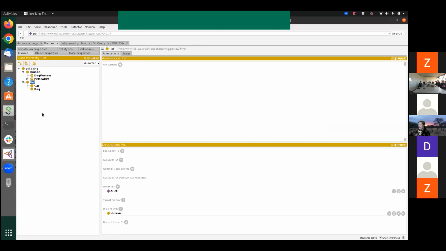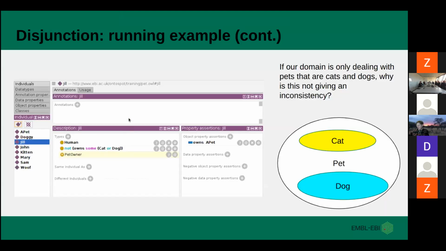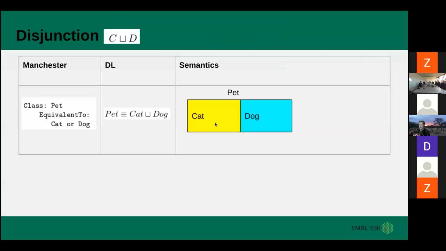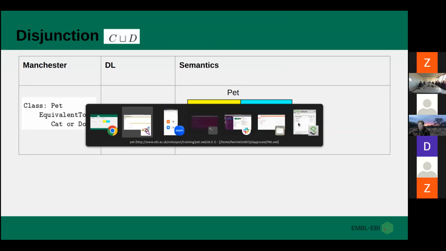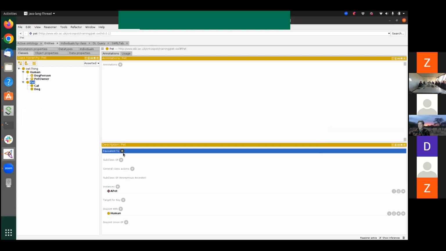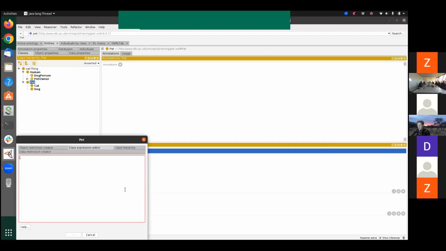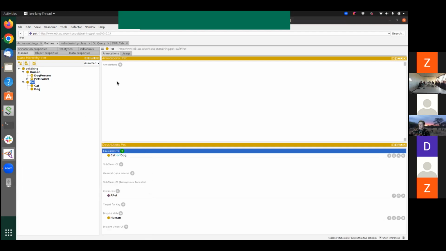So what we're going to do is we're going to add a disjunction. We're going to say that pet is equivalent to cat or dog. And I also provide you with the description logic syntax there. And this is what this will look like if we try and represent this as a Venn diagram. So I would say pet is equivalent to